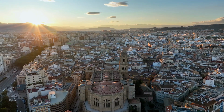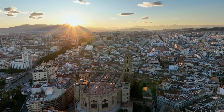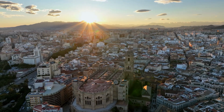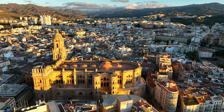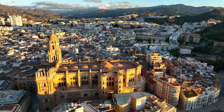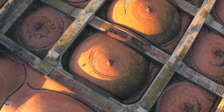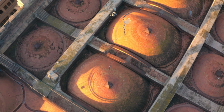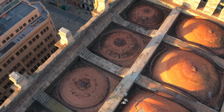And so we return to Spain, to the sun-drenched city of Malaga, where a different kind of cathedral story awaits. This is the Cathedral of the Incarnation, or Catedral de la Encarnación, and is one of the most remarkable landmarks in southern Spain. Standing on the site of a former Almohad mosque, the construction of the present cathedral began in